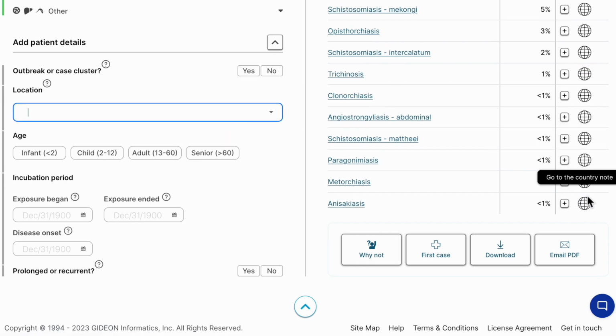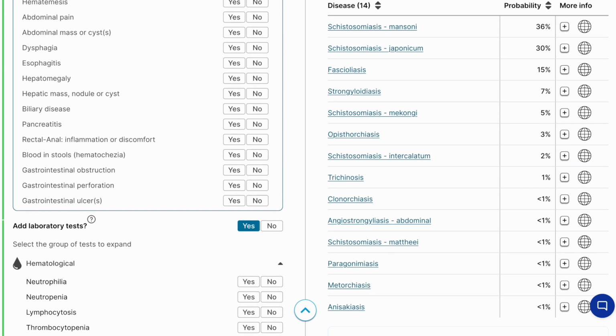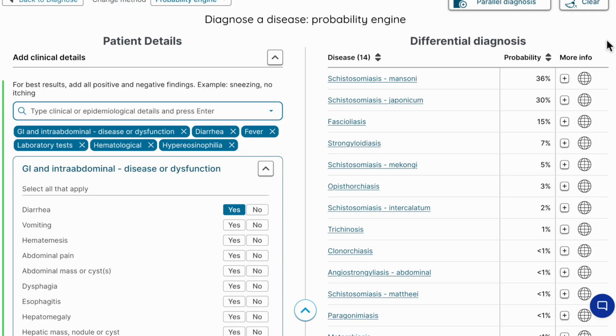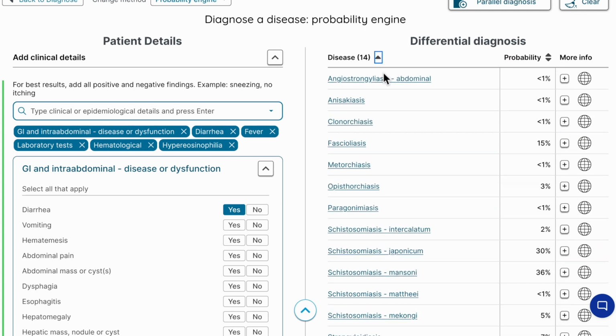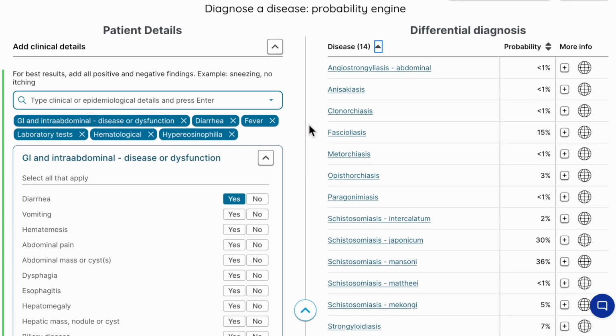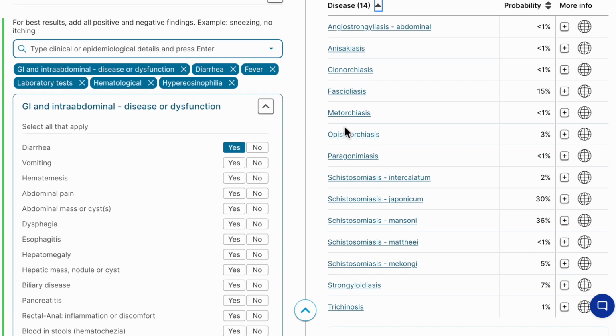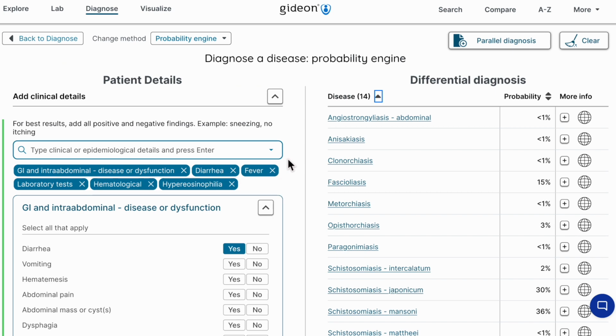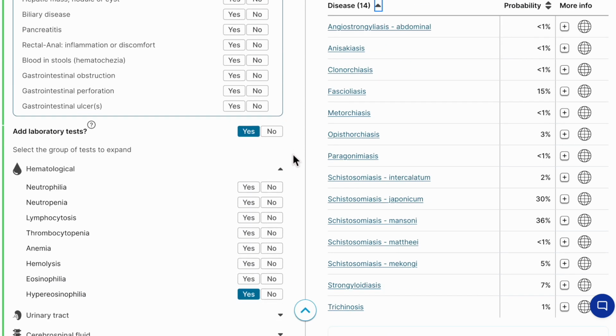And GIDEON is saying this is the differential diagnosis of eosinophilia. There are 14 diseases that do that. If you alphabetize the list, this is, again, the differential diagnosis of hypereosinophilia. But isn't that a nice teaching slide for your fellows and students and residents? These are the causes. What is the differential diagnosis of hypereosinophilia